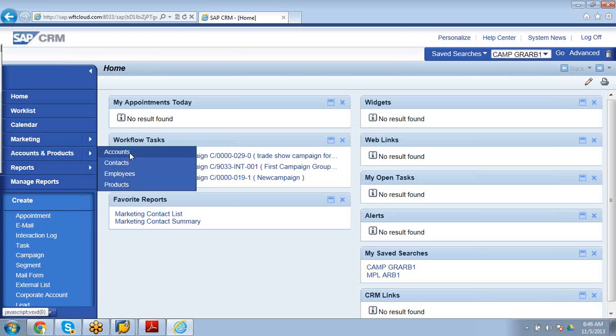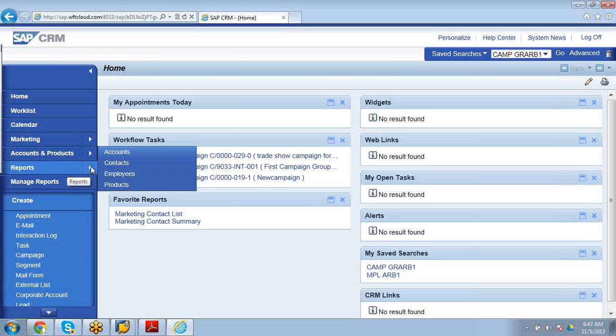Accounts and products belong to master data, and write an arrow mark showing accounts, contacts, employees, products.